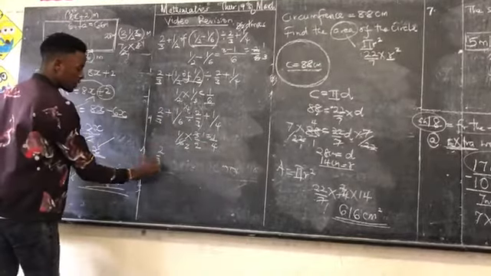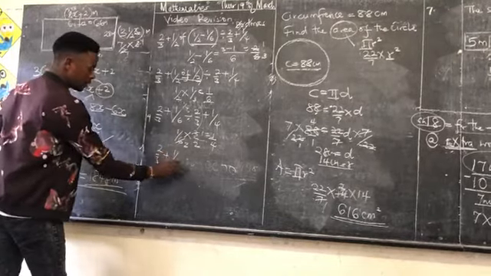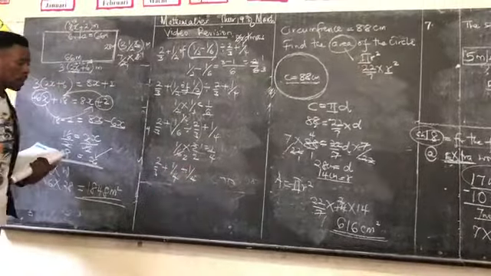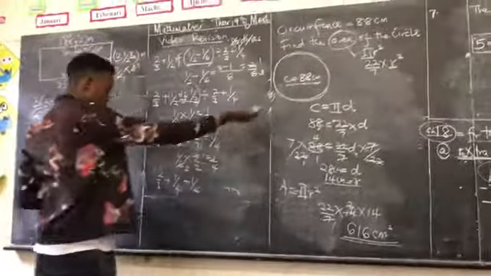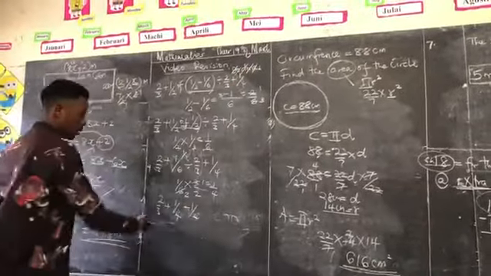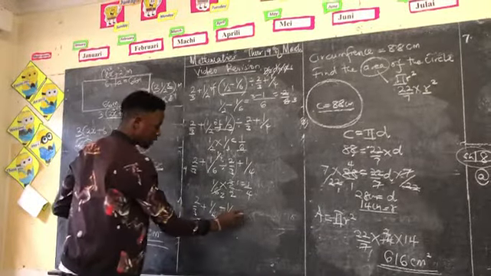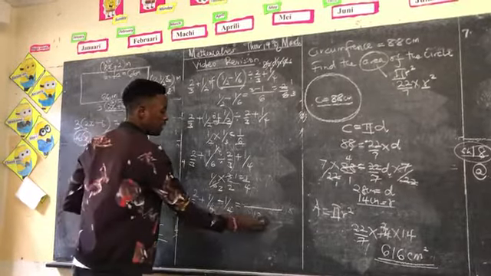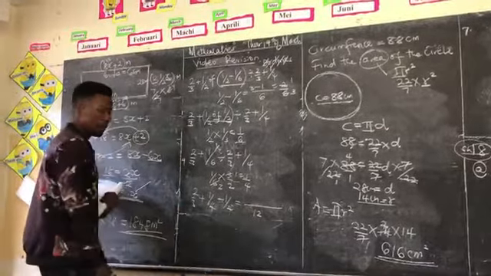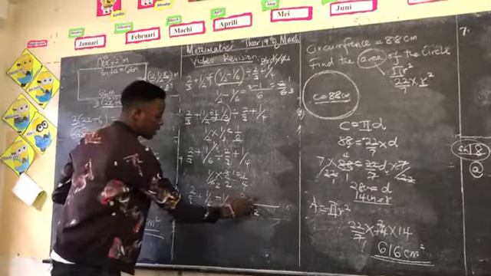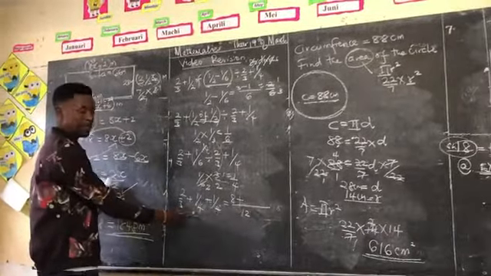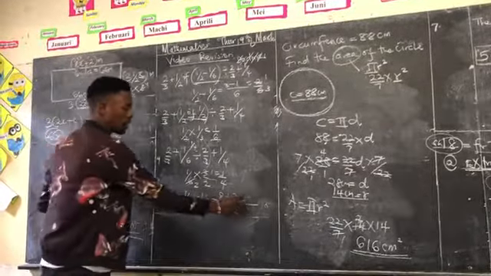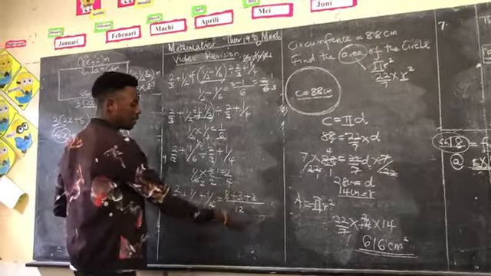Arrange that sum again, 2 over 3 plus a quarter. Remember, from this we've got a quarter plus a quarter. Now, from there, we don't have multiplication, we have addition, and all this involves addition. So we add this fraction to that, plus a quarter plus a quarter. The LCM of 3, 4, and 4 is 12. 12 divided by 3 is 4. 4 times 2 is 8, plus 12 divided by 4 is 3 times 1, 3, plus 12 divided by 4 again is 3 times 1, 3. That gives you 8 plus 3 plus 3, that is